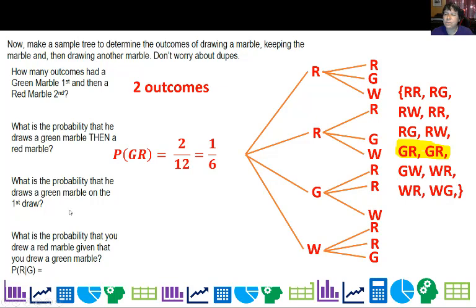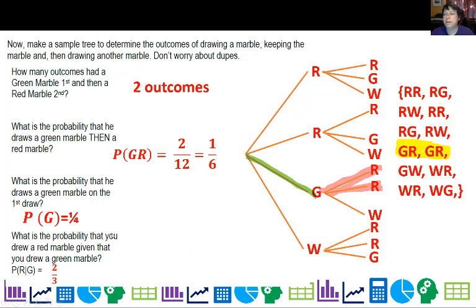So let's look again. What's the probability he draws a green marble? Well, it's just 1 out of 4 like it was before. But this one changed. The probability of drawing a red marble, if we drew a green, actually goes up. It's not 1/2 anymore. It is 2 out of 3, all right? So depending on which one of these paths you take, that affects the probability of getting the red marble. So I'm going to put 2 out of 3 there.